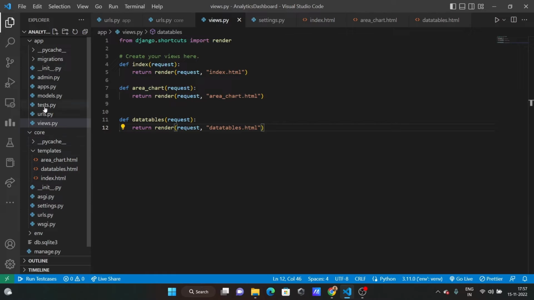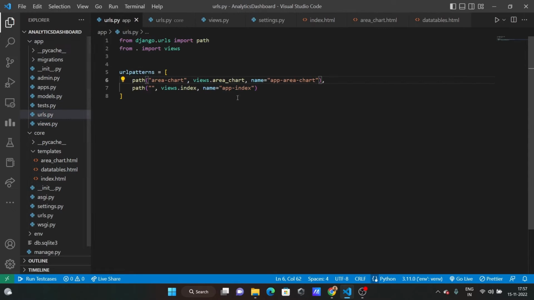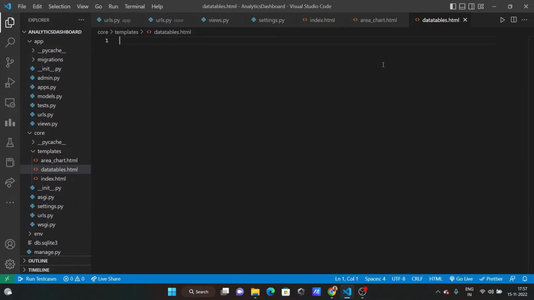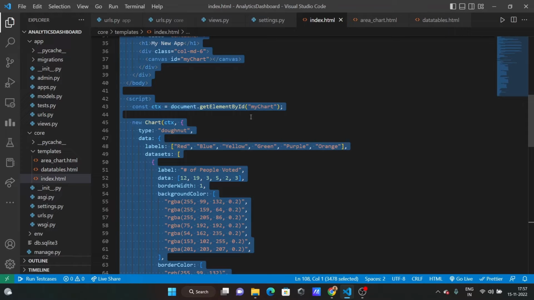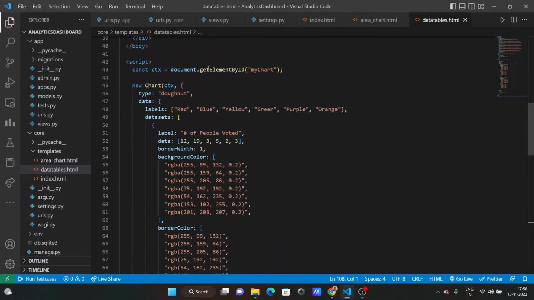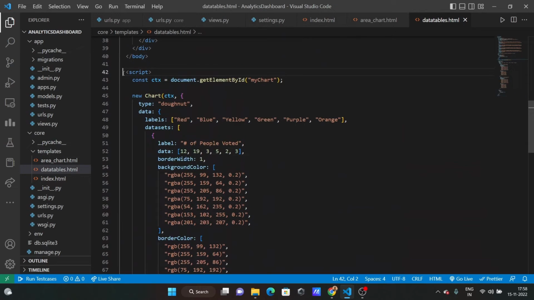Then go to the urls.py file, just create a new URL, datatables, datatables, here to datatables. Save it, and then here inside datatables, just copy the index file and paste it here and remove the script information,